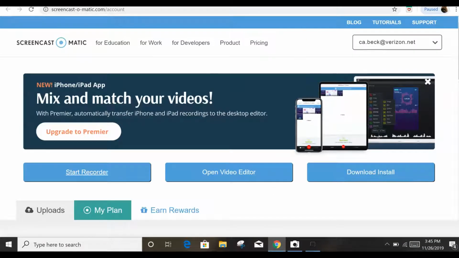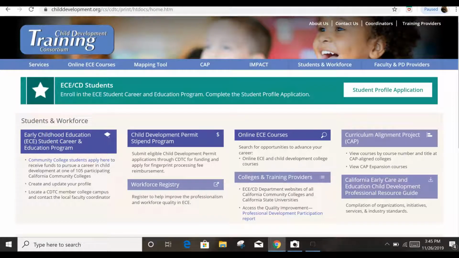Hello, child development students. This is part 2 of how to obtain your child development permit. So let's walk through the steps here. If you go to the Child Development Training Consortium's